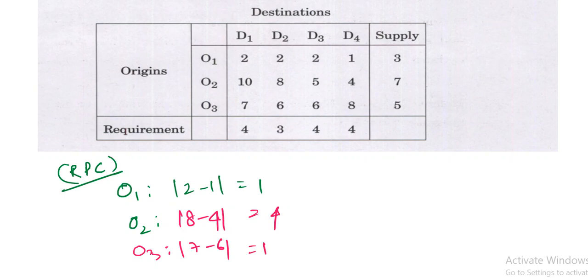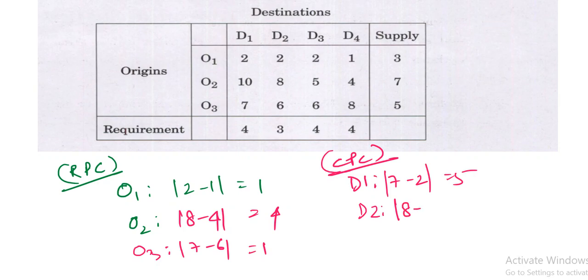So what is the column penalties here? Column penalties here, that means CPC, column penalty cost. D1 का वैल्यू क्या है? 7 minus 2, mod 7 minus 2, that means 5। D2 है 8 minus 2, that means 6।